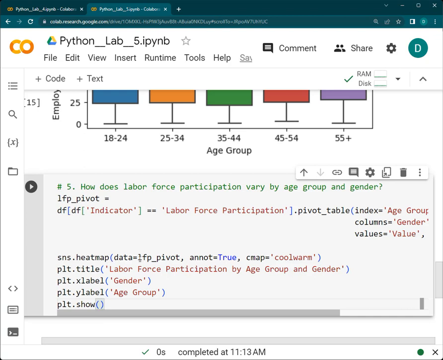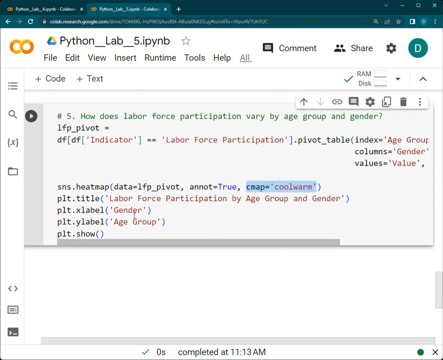It's coming from the data, which is just what we've computed, and we want the heat map to be annotated, and we want the color of, well, I'll explain this when the map appears. We want it to use cool, warm, and of course these are just the labels. So shift enter,